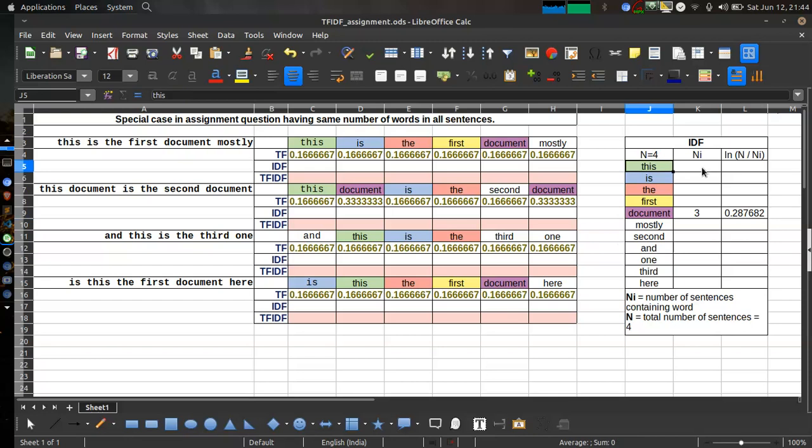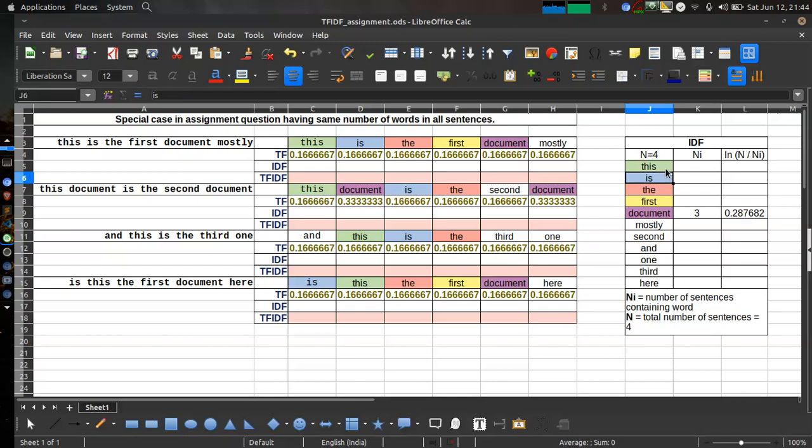Correct. Let's take the example of "this". So how many sentences have the word "this", right? One time, two times, or 3 times, once or multiple, we don't care. We just need to count the sentences, right? While writing the code, just take care of this. If you just blindly count the words, then you will get the error, right? So these all are the mistakes that I made yesterday. That's why I'm discussing here.